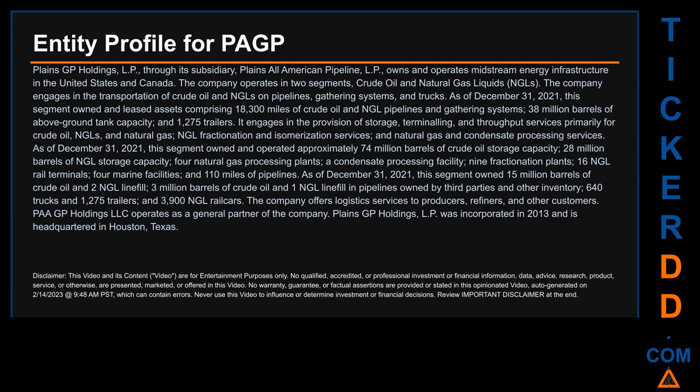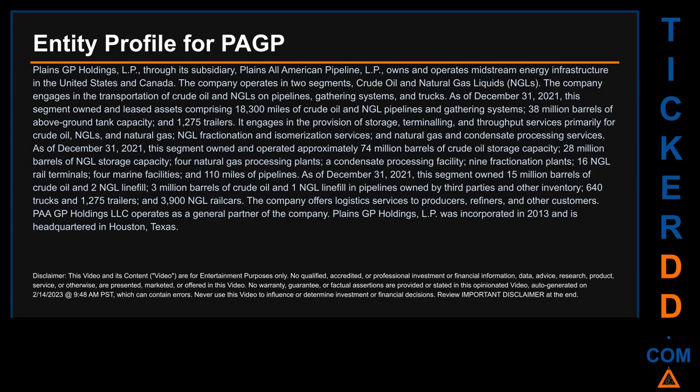Plains GP Holdings, LP, through its subsidiary, Plains All American Pipeline, LP, owns and operates midstream energy infrastructure in the United States and Canada. The company operates in two segments, crude oil and natural gas liquids, NGLs. The company engages in the transportation of crude oil and NGLs on pipelines, gathering systems, and trucks. As of December 31, 2021, this segment owned and leased assets comprising 18,300 miles of crude oil and NGL pipelines and gathering systems, 38 million barrels of above-ground tank capacity, and